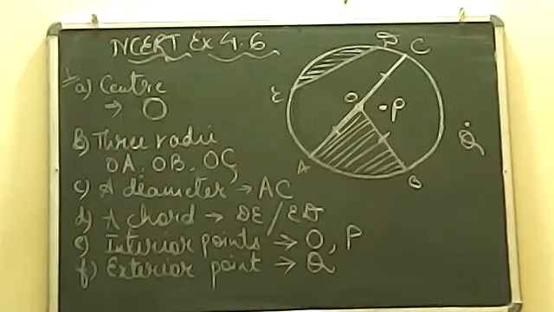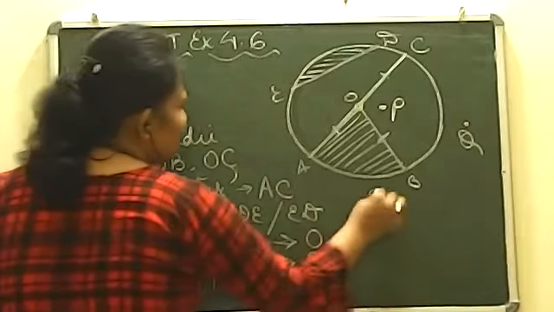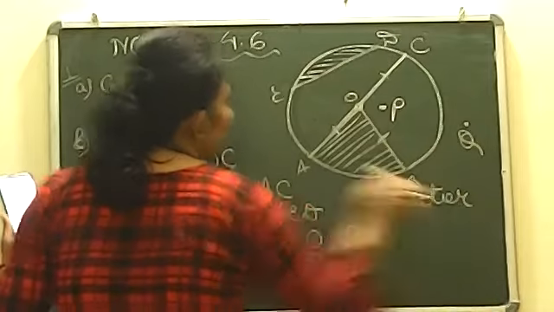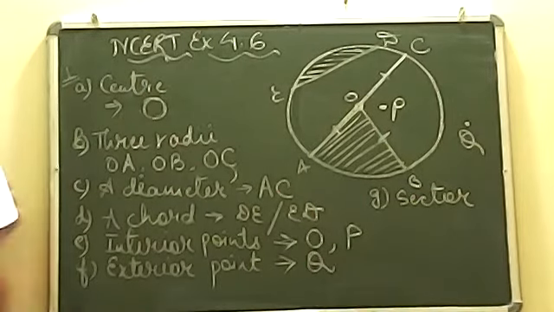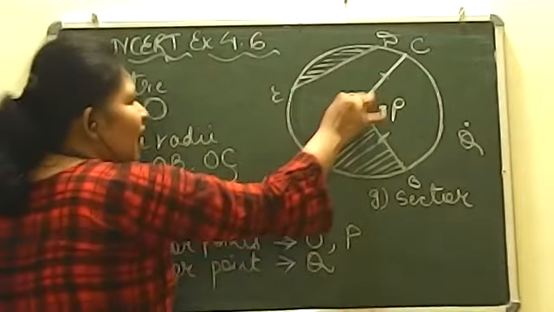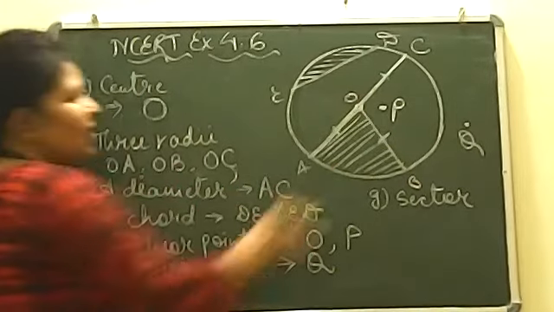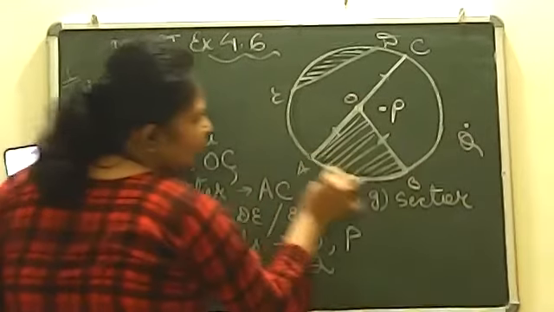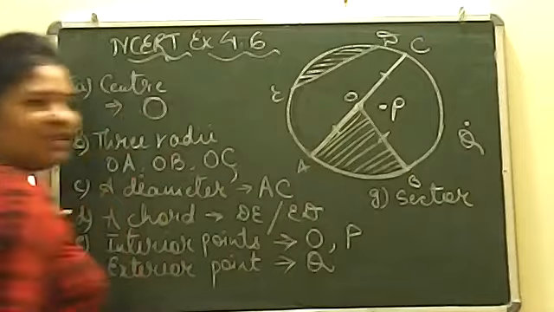Now let's move on to the last two questions, a sector and a segment. So I am writing this question over here, sector. Now you can see, I have already told you yesterday, sector का मतलब होता है बेटा when you have a region or an area covered by its radius. Now you can see this. This is the part of sector. Look at here. This is the part of a sector.